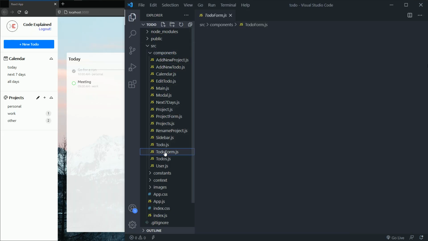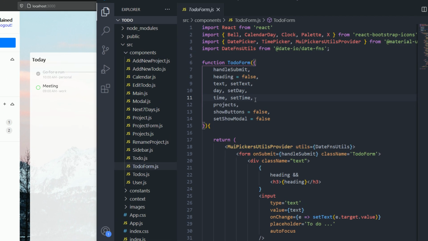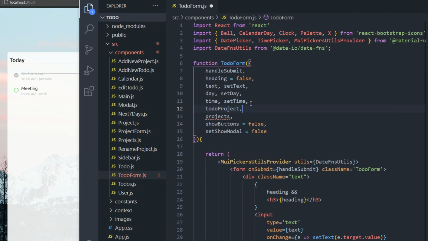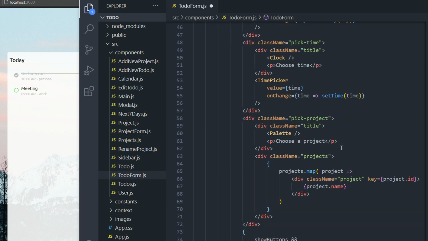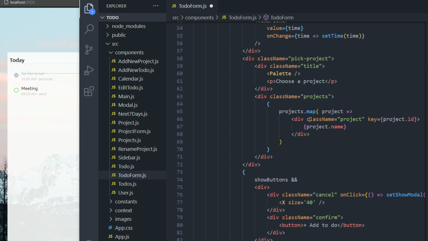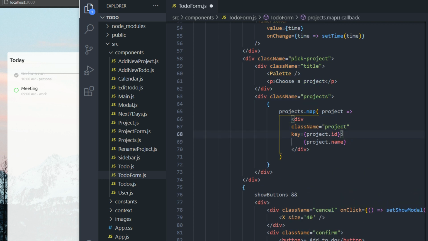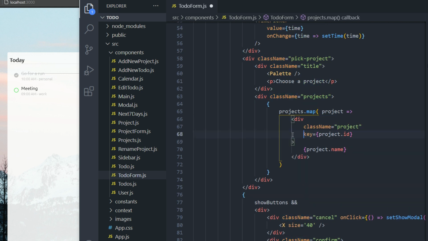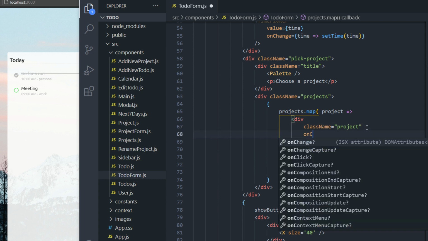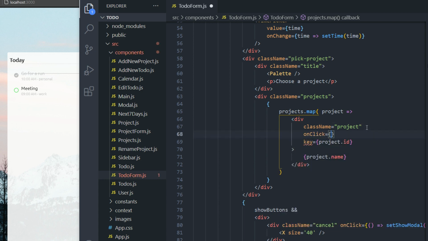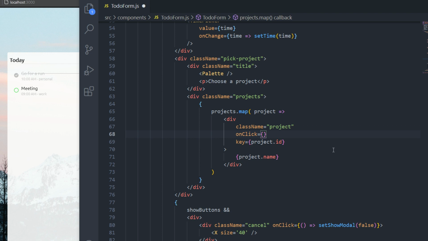We're going to go into our components, then our TodoForm. So we need to receive in other props, todoProject and setTodoProject. And now I'm going to go down where I render my project. I'm going to add an onClick event first. So when I click on this project, I need to set my todoProject